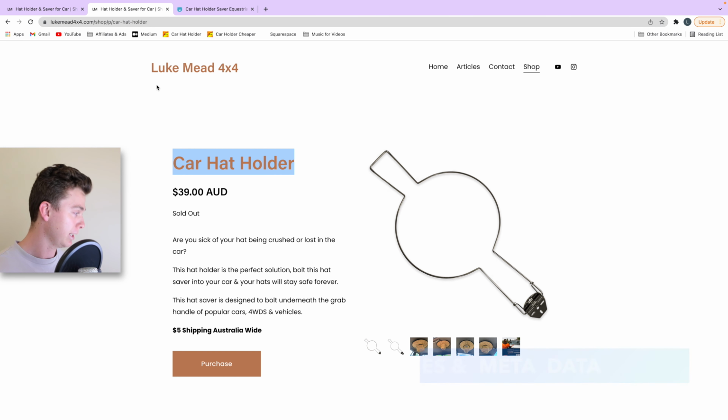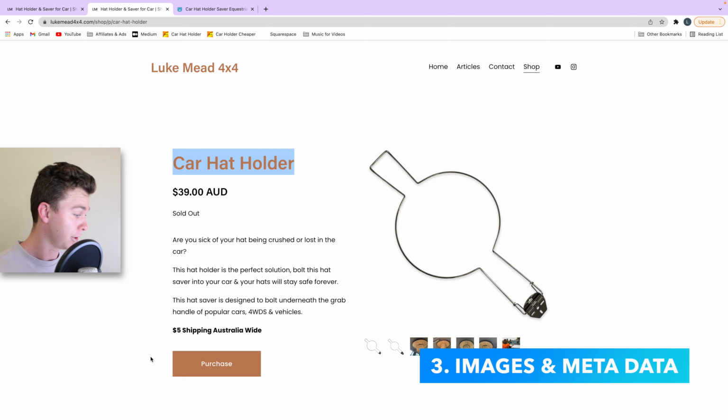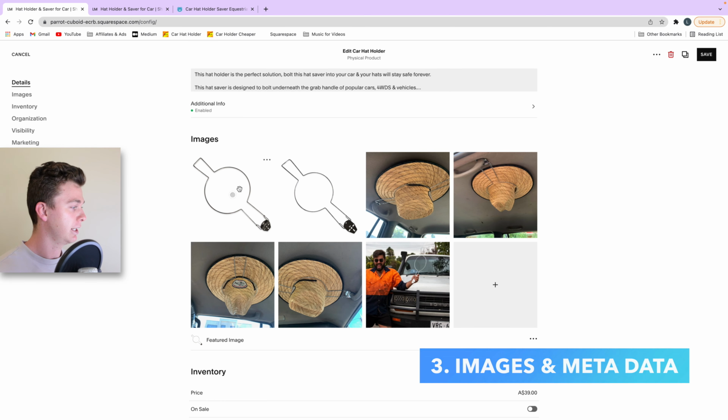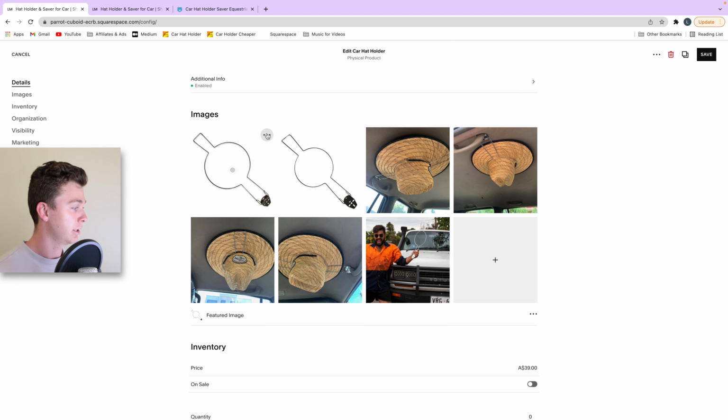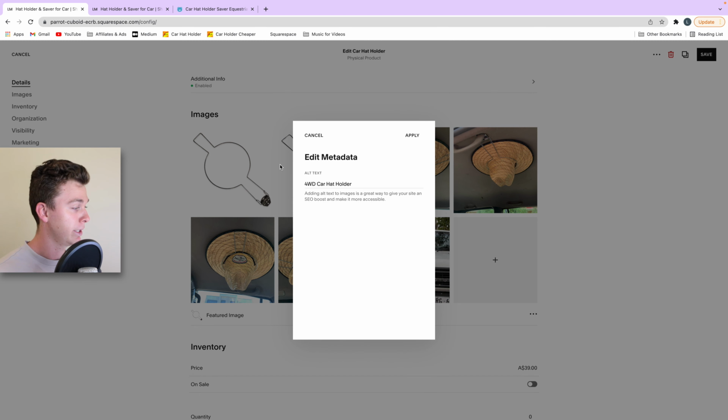The third thing we'll look at is your photos. If we go back here and have a look at our photos, you can see I've got a few photos in here. What you can do is adjust the metadata. What we're looking to adjust is either the title of the image or the alt text, or the alternative text. You want this alternative text to reflect what your product is and what the keyword is that you're targeting. In my case, I'm looking at stuff like 4-wheel drive car hat holder,